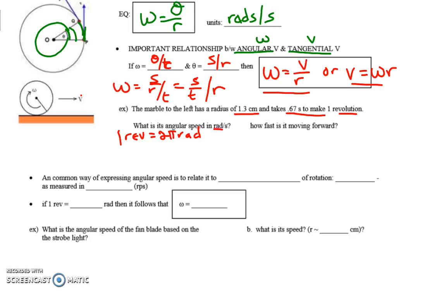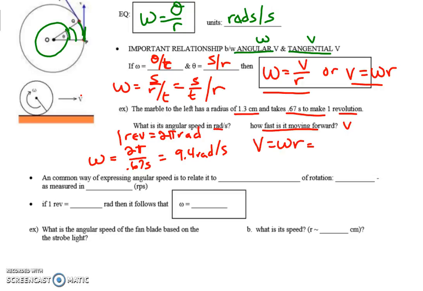All right, from here it's pretty straightforward. I would say that omega equals theta, and theta in here is 2 pi radians, divided by the time. The time is 0.67 seconds. So if you do 2 pi divided by 0.67, you get 9.4 radians per second. And then we can ask, how fast is it moving forward? That's velocity, just distance divided by time. Now, we're given a radius, so we could figure out the distance it travels based on one revolution. We could do pi r. But the more straightforward way, based on our answer here, is we could just say v equals omega r,